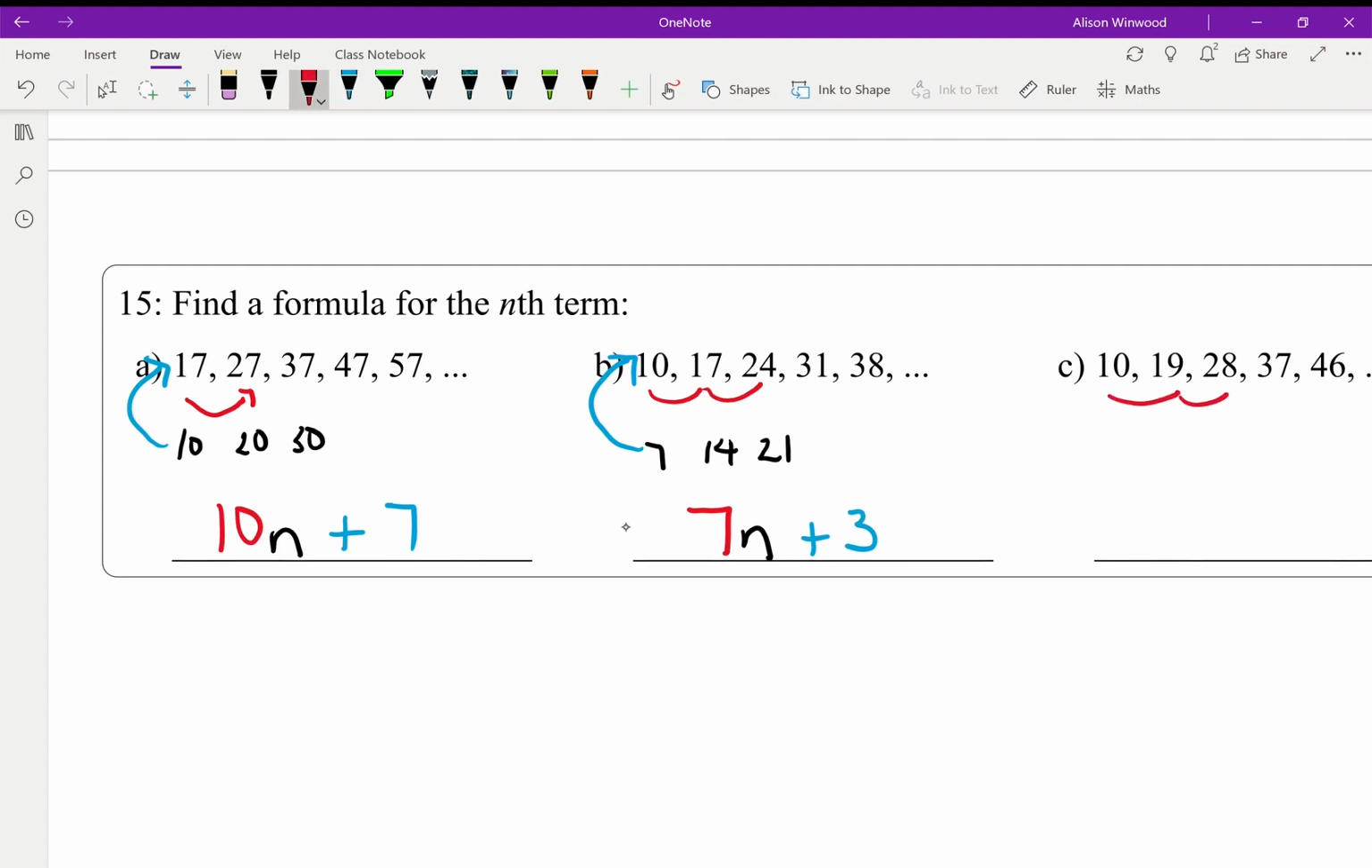This one's going up by 9, so it's 9n. Compare it to the 9 times table, and I have to add 1 to each of them, so it's 9n add